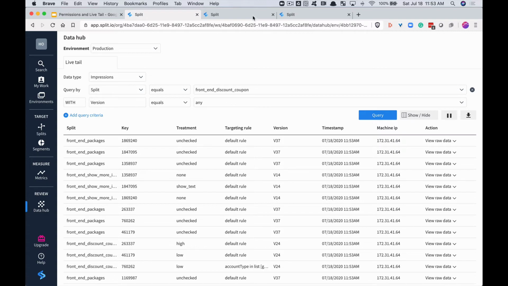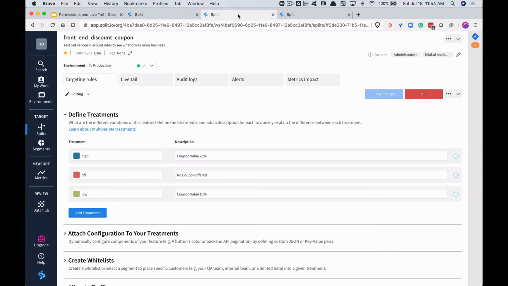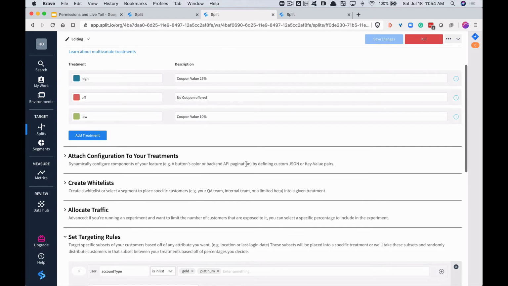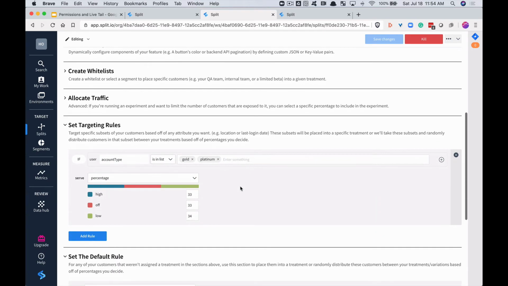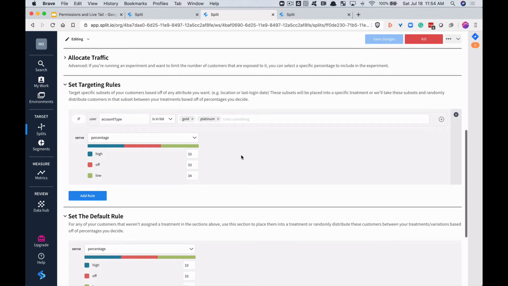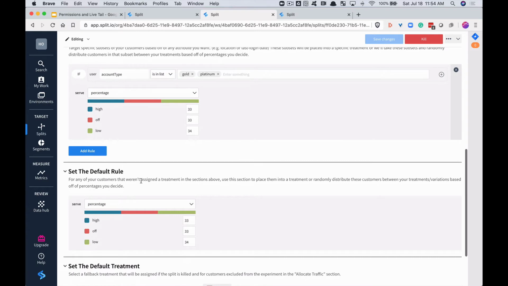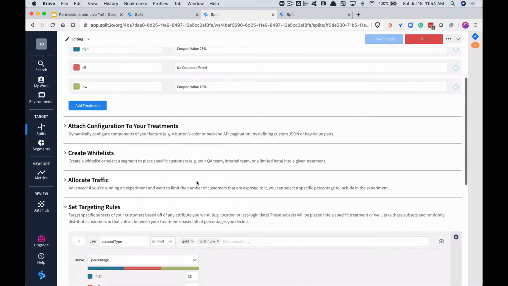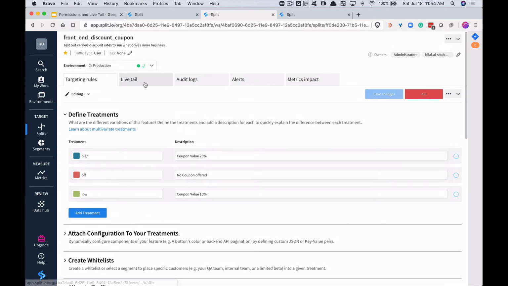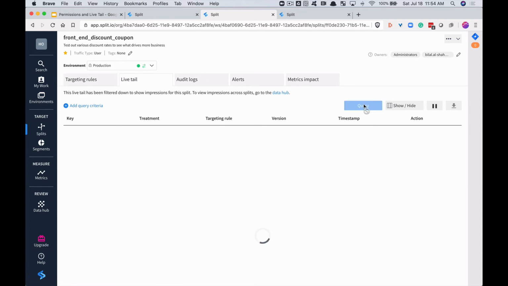Now, I can also go in and look at this split specifically. We'll navigate to a different tab to keep that Livetail running. Here's the split that we saw a moment ago, or one of the splits that we saw data coming in for, where we've got targeting rules, a specific targeting rule based on some custom attributes, as well as the default rule. In this particular split, I can look at the Livetail, can again start the query running,